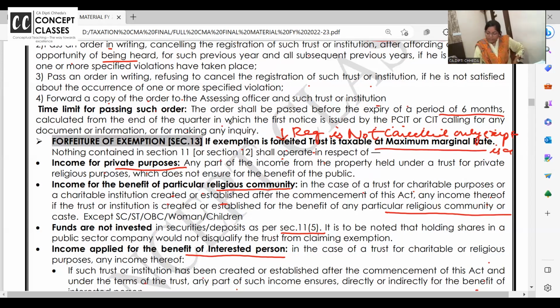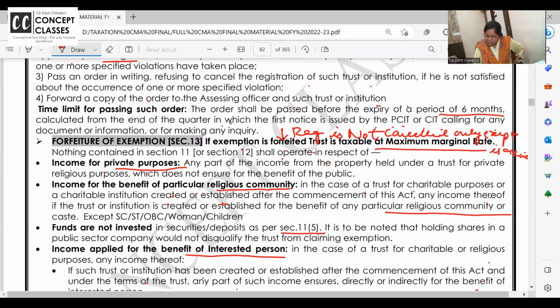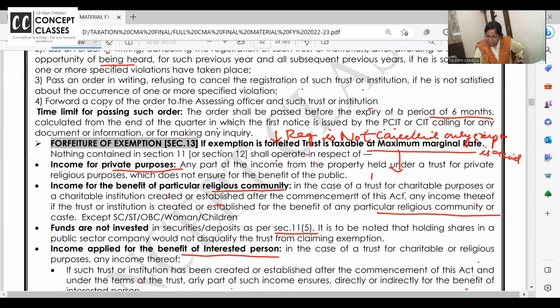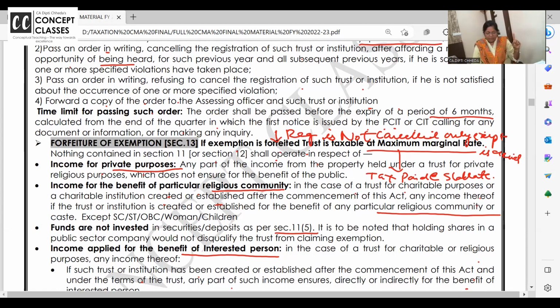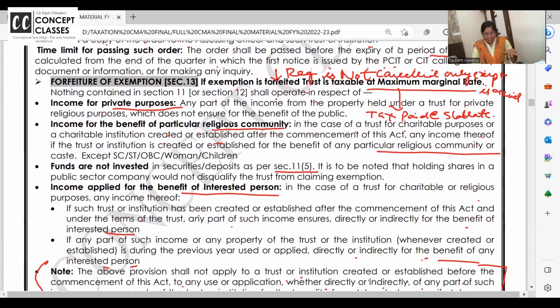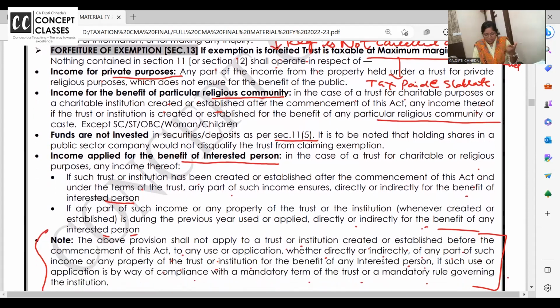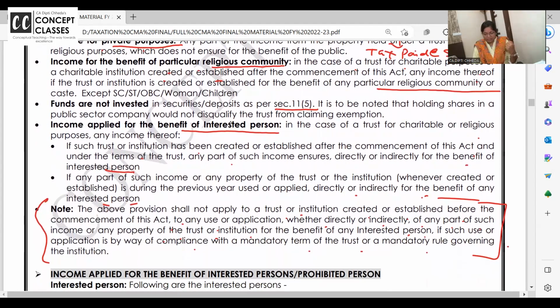So if exemption is denied, it will pay the tax at slab rate only. And earlier, how was it? 15% free, 85% exempt, revenue exemption, capital exemption, and so on. Going through all that, 200 crores would come to 25 crores income on which we are paying tax. Now those exemptions will not be allowed. If it is working for private purpose, for private caste, if deposits are misused, if it is working for the benefit of interested person.